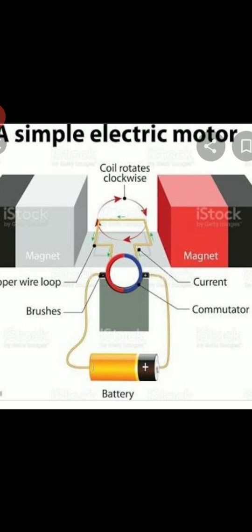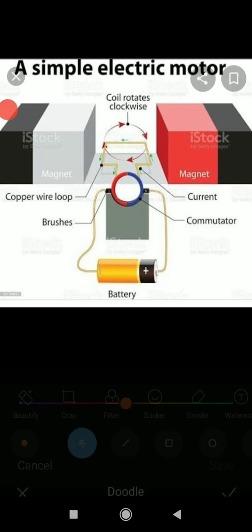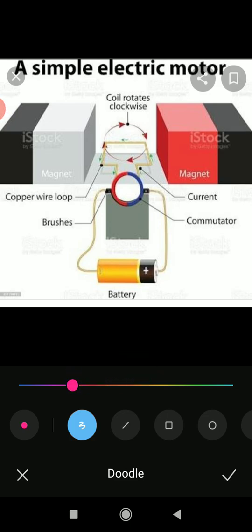Here the battery is connected. The battery is providing current. Now just see, these are the split rings. Split rings are basically two curved rings, and this rectangular wire is in contact with the rings all the time. We call these split rings the commutator. These commutators are connected with the brushes.